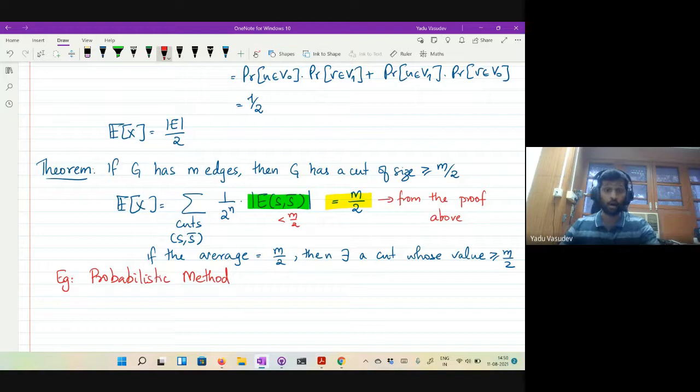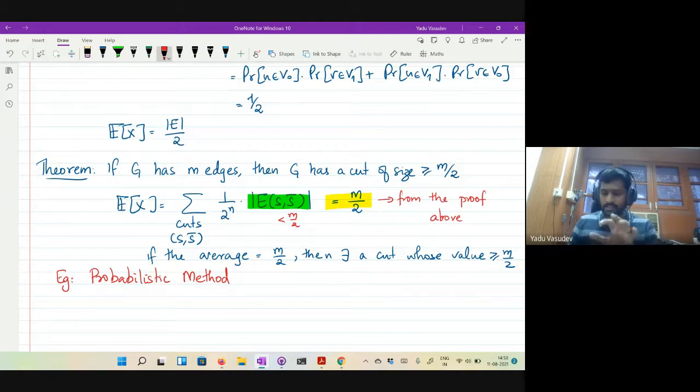Yet you don't know how to actually get hold of a cut of size at least m over 2. It's a very non-constructive proof. The probabilistic method proof is non-constructive. It tells you that there must exist a cut, but you have no idea how to get hold of the cut. But you know that if you randomly select a cut, then on average its value will be m over 2, which is what you want to see. Okay.